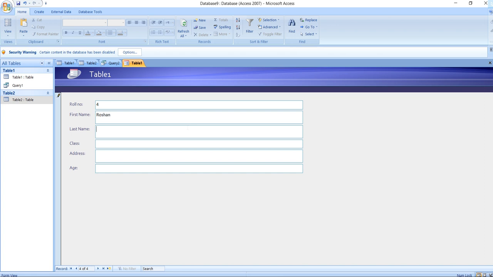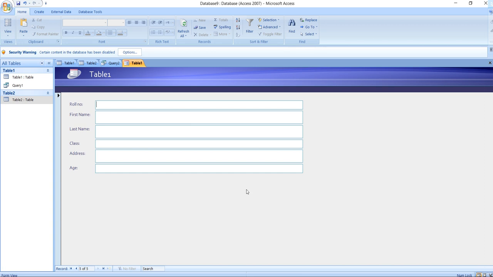I'll press enter. Last name as Tiwari. Then class is 8th class. Enter. Address is 78/93. I'm just mentioning here Pune. Okay. Enter. Age is 30. Fine. When I press enter, now these are the views.